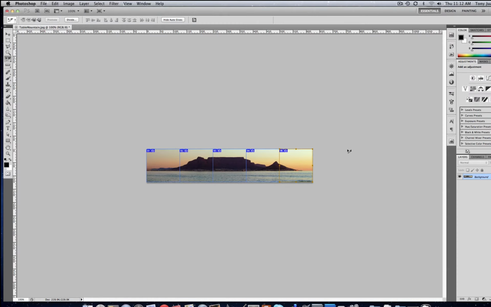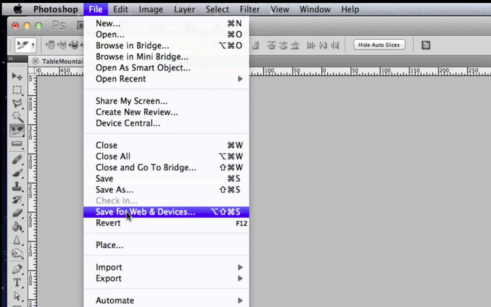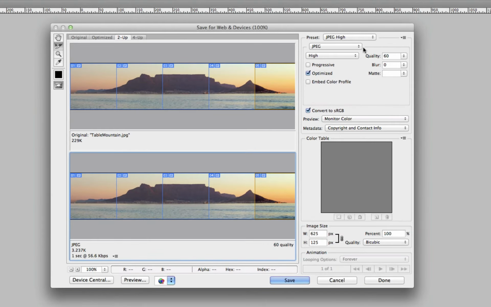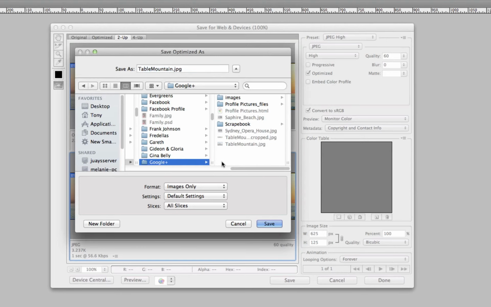Okay, so there we have our 5 separate images, and now all we have to do is just to go to File, Save for Web, and you can leave it as default, but the thing that you want to make sure that is selected is, when you click Save, that it says slices, all slices,